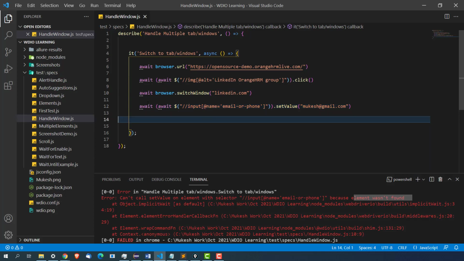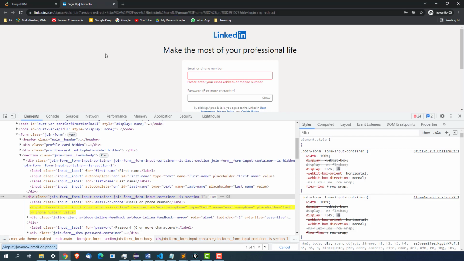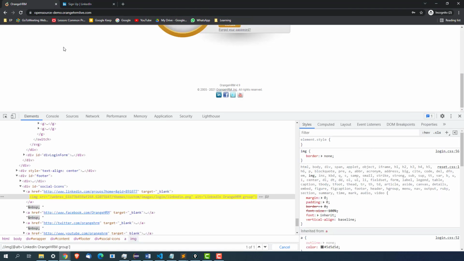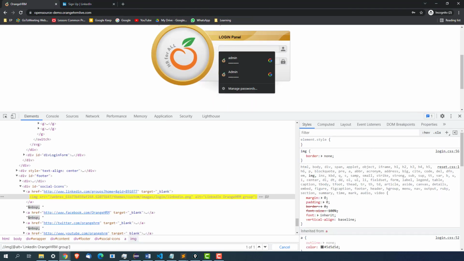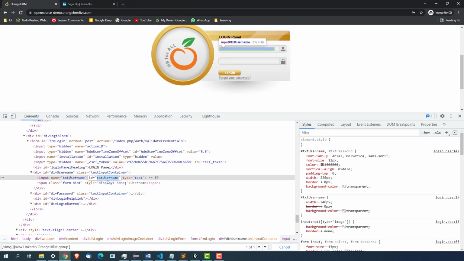Now if you want to go back again, you have to use switchWindow, because if you don't go back, the control will always be on LinkedIn. In our case, focus will be on this page. Now let's say I want to go back again and type something here, let's say the username.